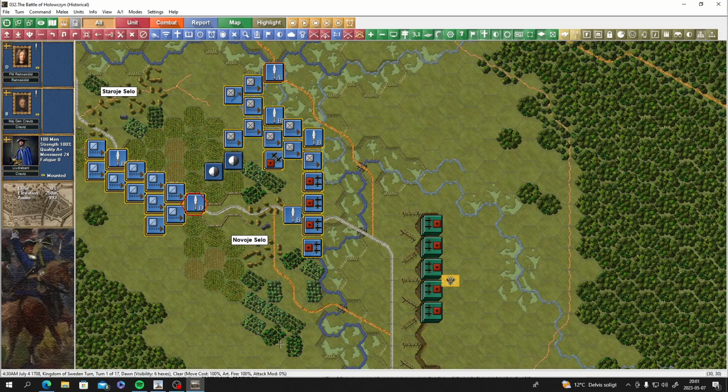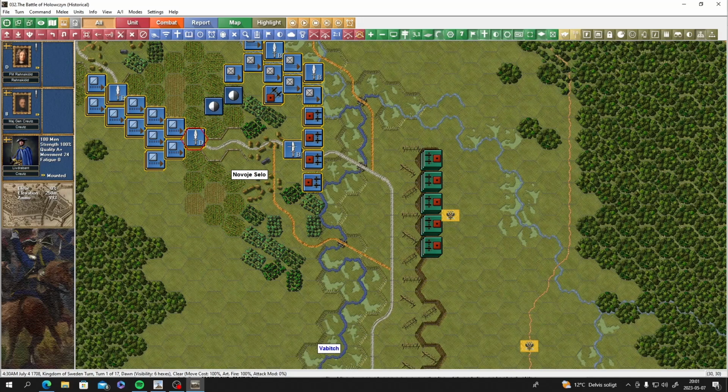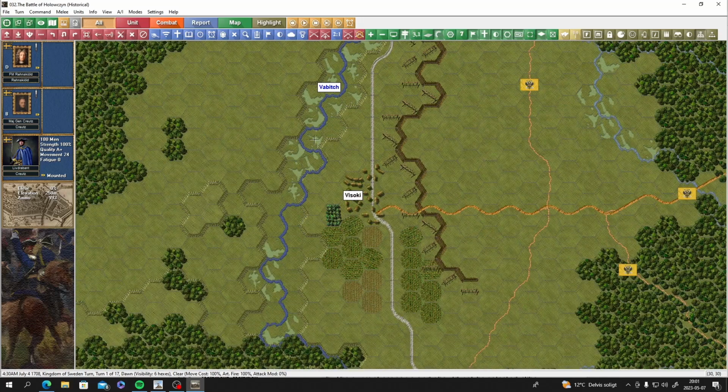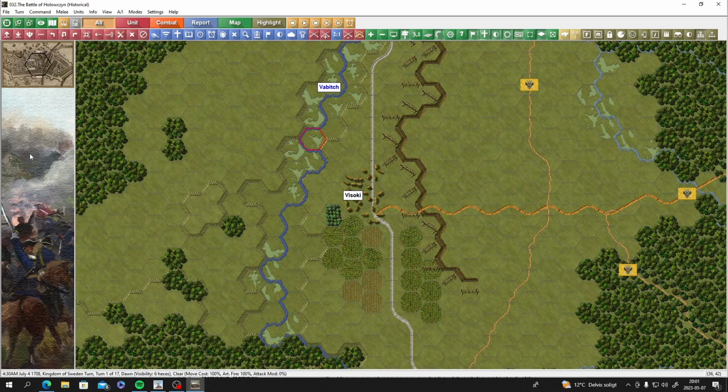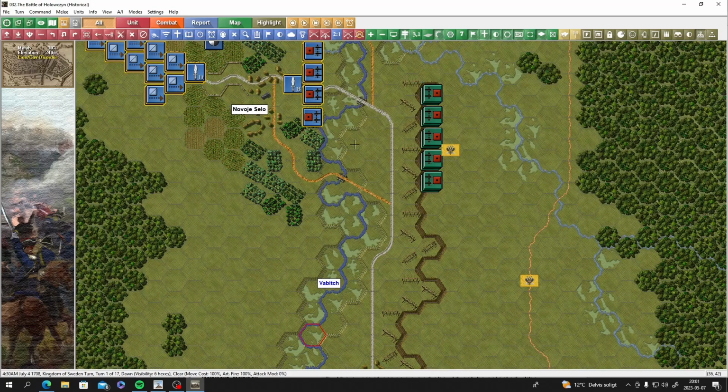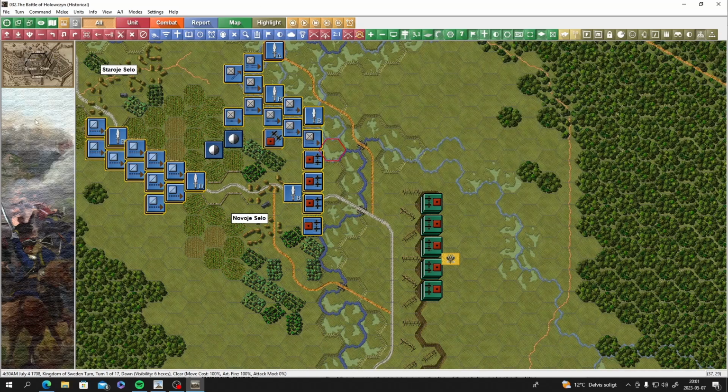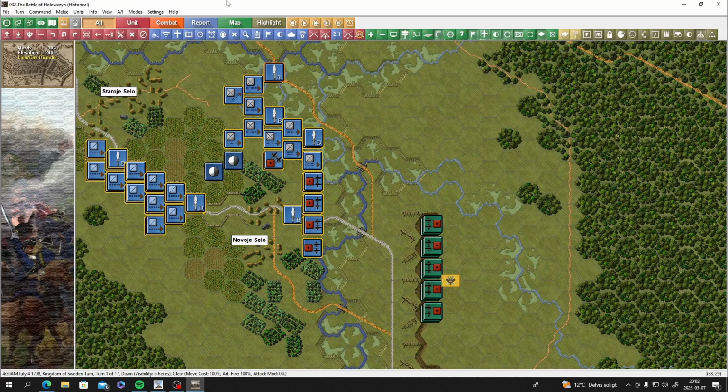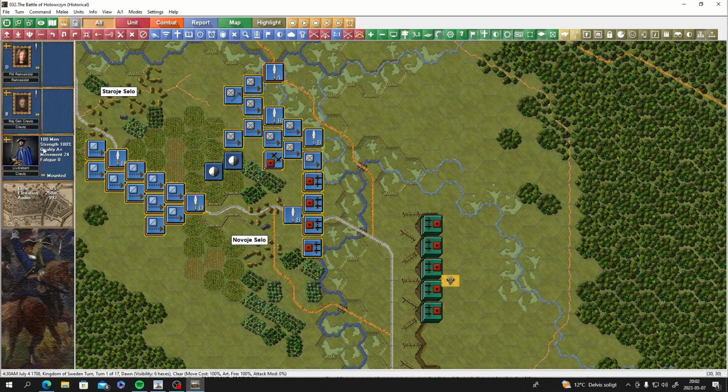So the cavalry, I mean, going across here would be pretty suicidal, facing all these guns. And we can't move across this river here. It says creek, but I think it's too wide to actually cross. You can only cross streams. Creeks will be impossible. So I think we're going to be doing what the cavalry did. We're going to be advancing slowly behind